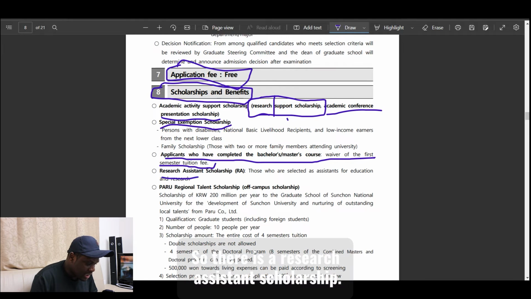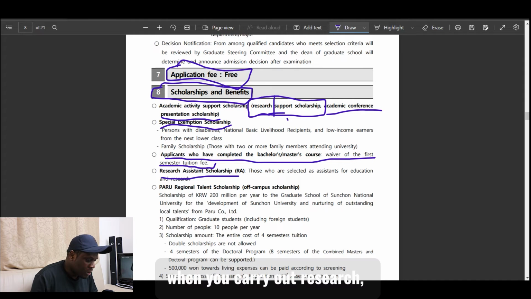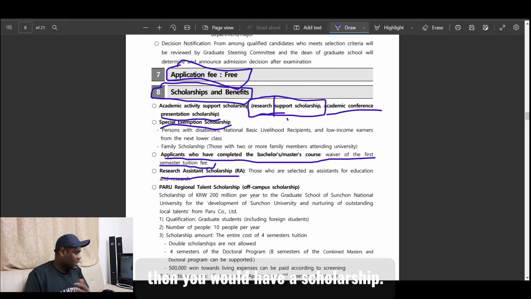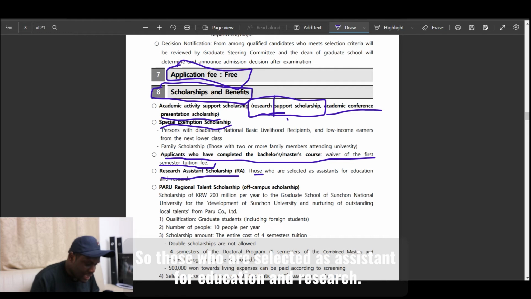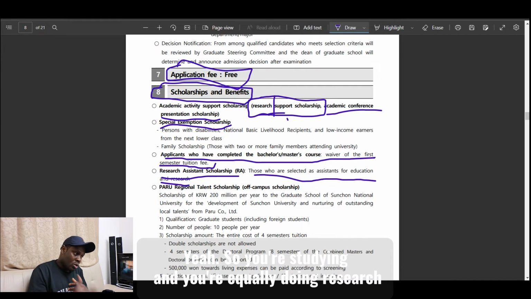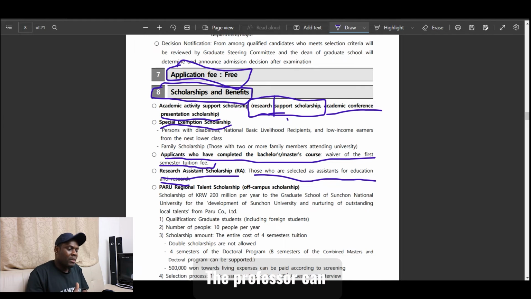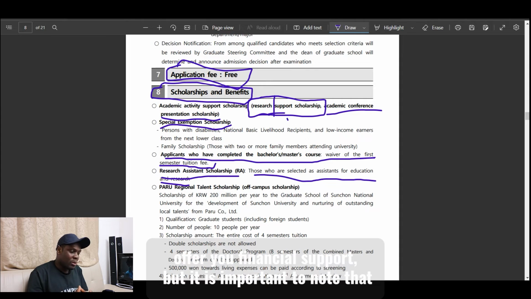So there is a research assistant scholarship. It's basically almost the same as what I explained up here. When you carry out research, then you would have a scholarship. So those who are selected as assistants for education and research, you're studying and you're equally doing research. In the process of doing both, the professor can offer you financial support, but it is important to know that